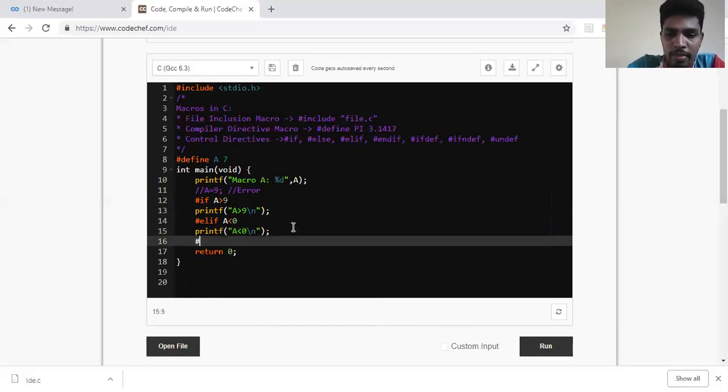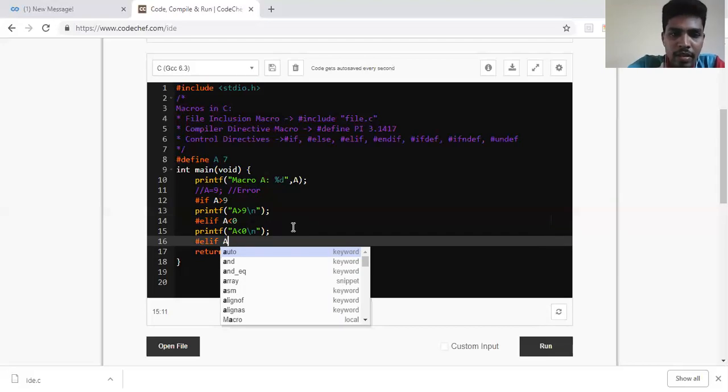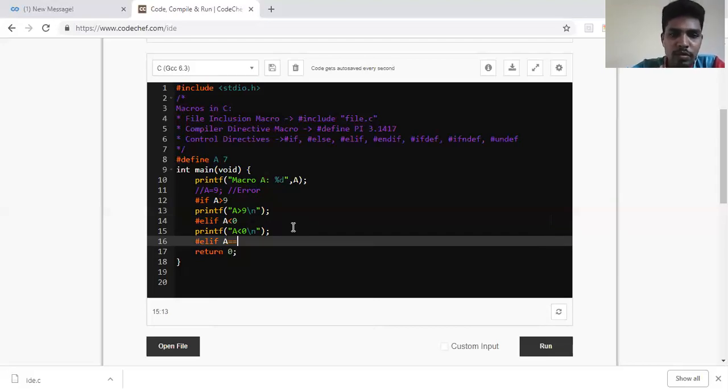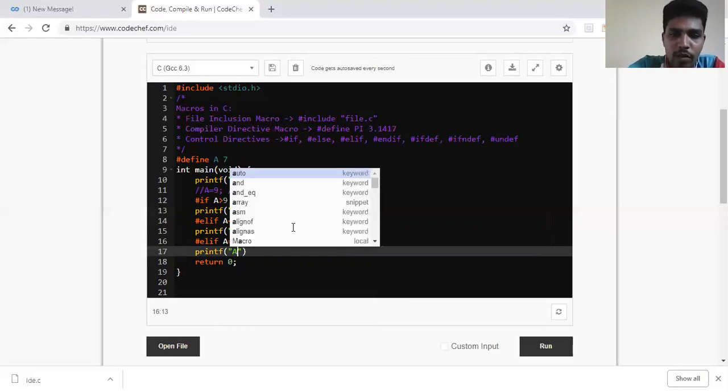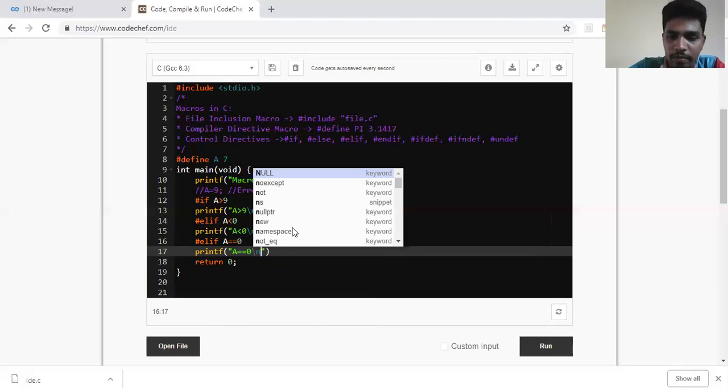Hash elif A equal to 1 or equal to 0. I'll be writing a printf which says A equal to 0.